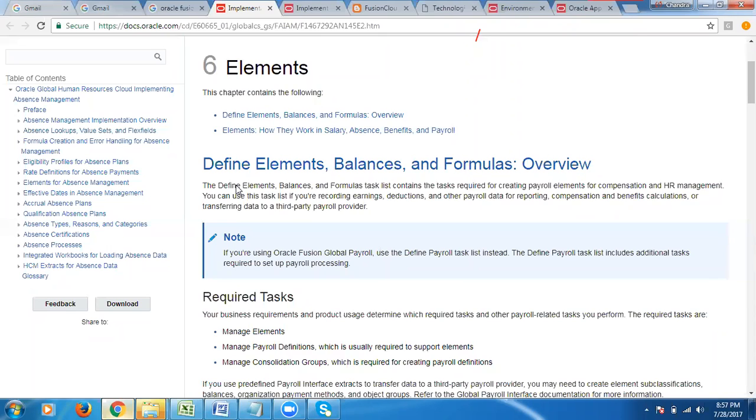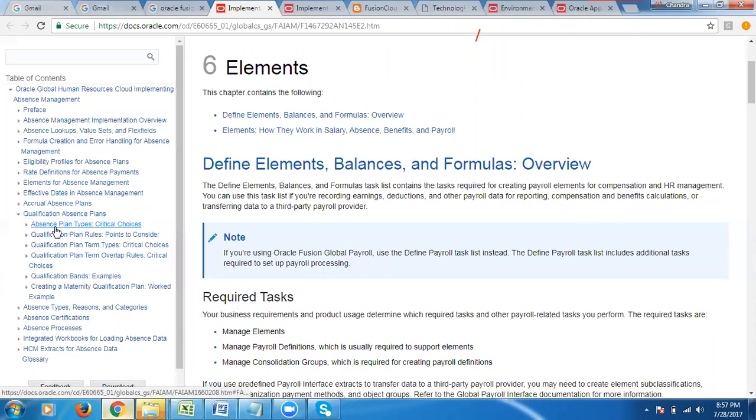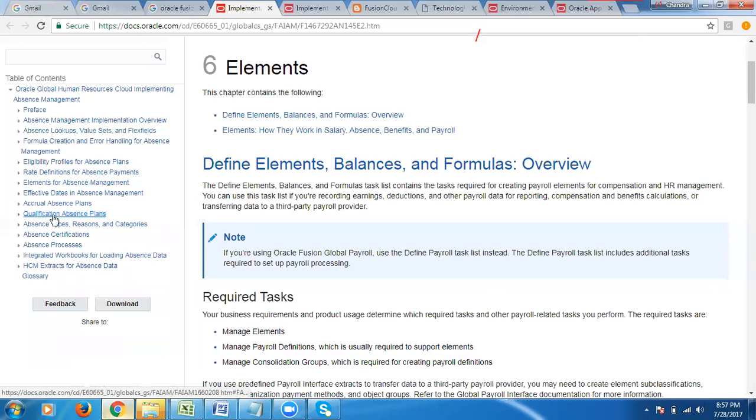Okay, so we have already discussed what an accrual plan is. Qualification we have not seen practically. So we can say that accrual plan we have done, qualification we have not done, but still if you want to go through that, we can go through it here. Absence certification and the processes, things are very simple. If you are able to read this, like HCM extract for absence data, it will be very helpful in interviews. They ask, have you done any extraction? Most people are not clear about the absence management module and what extractions are there.